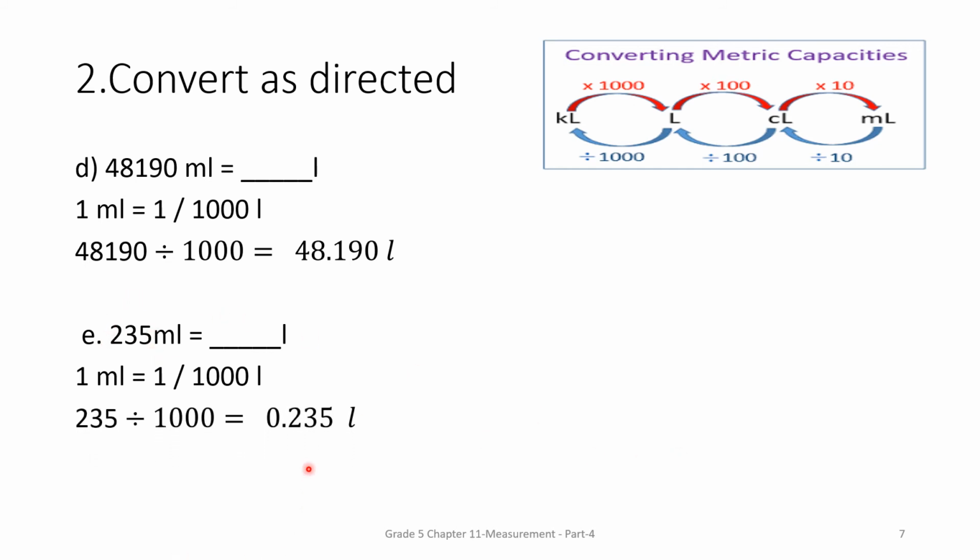Okay. So again comes the concept of division by 1000. So for that we need to count the number of zeros of the divisor. Here we have 1000 which has 3 zeros. So we have to put the decimal point to its left by 3 digits. Okay. And we'll start from ones place. So we'll put the decimal point now. 1, 2 and 3. So we'll put the decimal point before 2. Okay, so our answer will be 0.235 liters. Okay, scholars. So here we have completed question number 1 and 2.